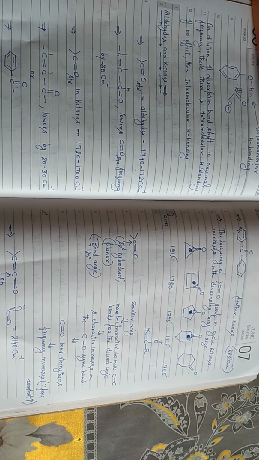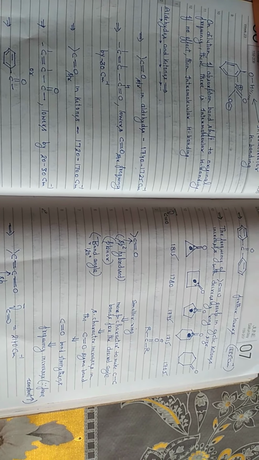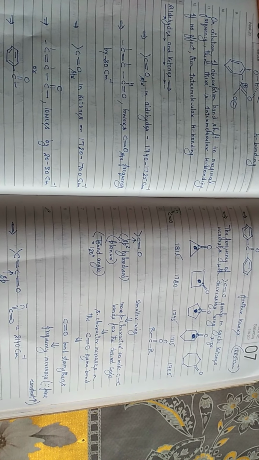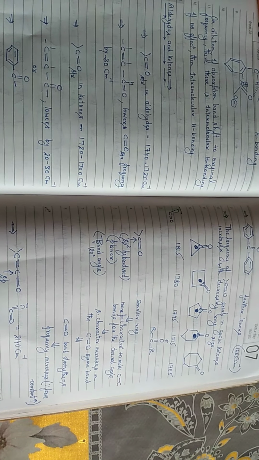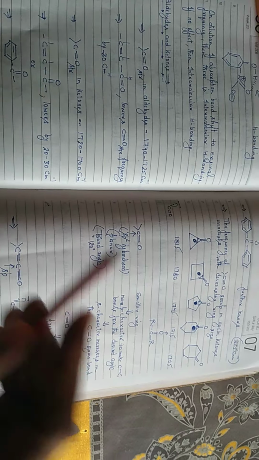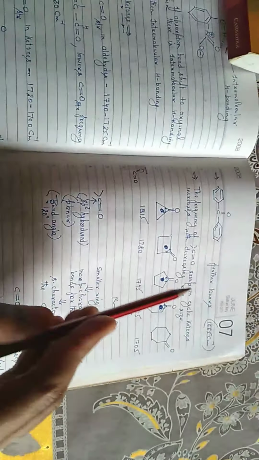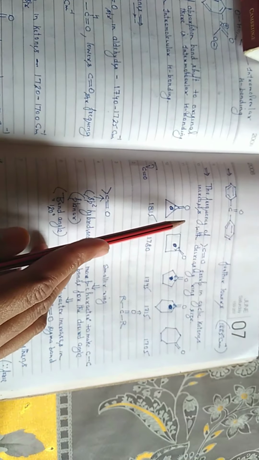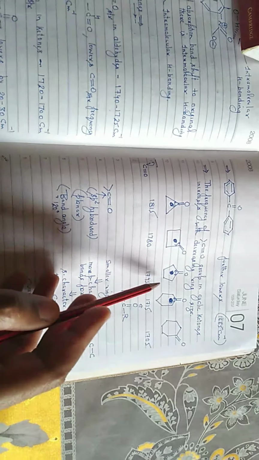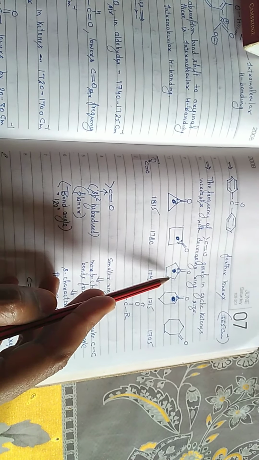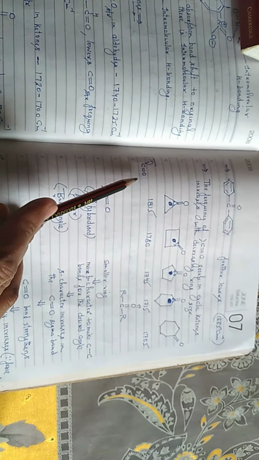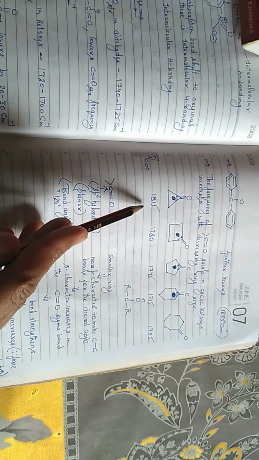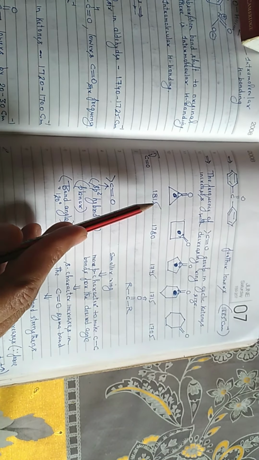Continuing our discussion on the application of IR spectroscopy. I told you in my previous video that the carbonyl stretching frequency in cyclic ketones increases with decreasing ring size. As the size of the ring decreases, the carbonyl stretching frequency increases. We can see this by